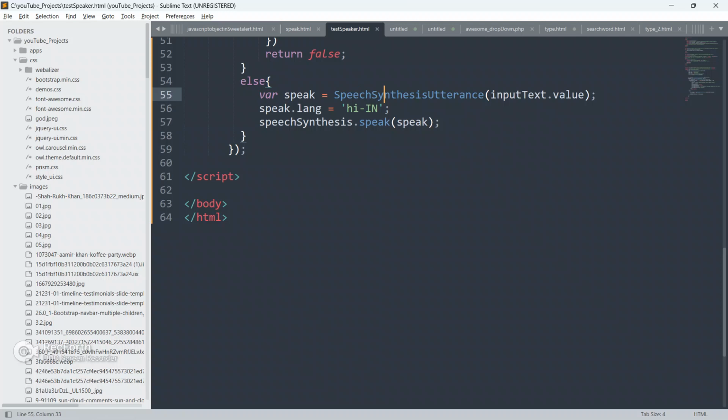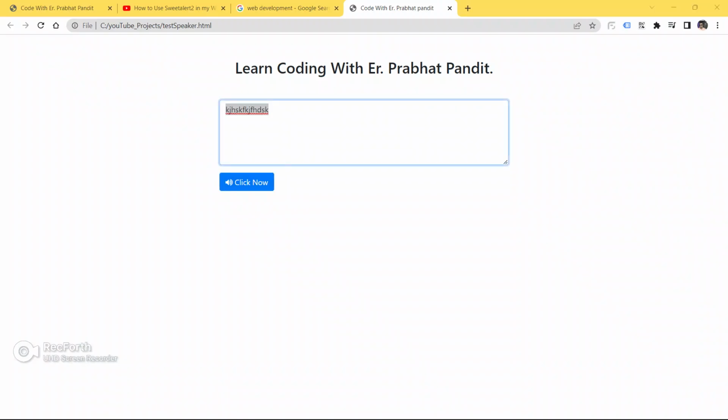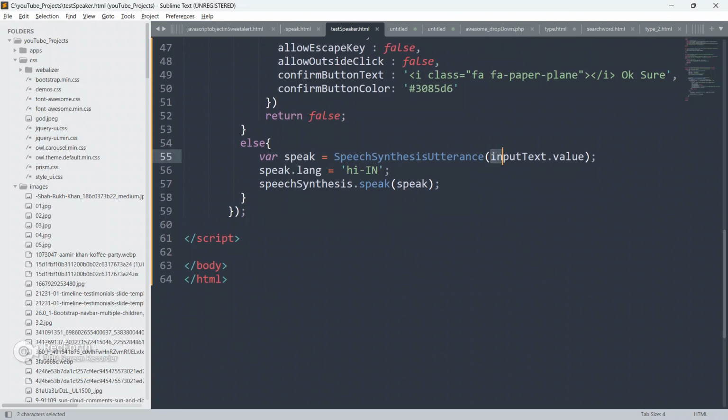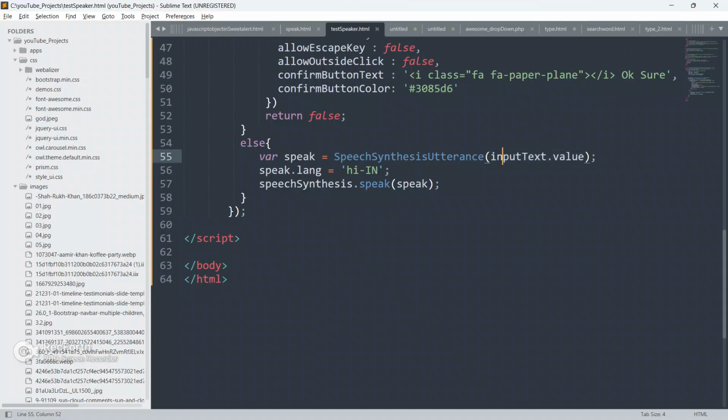So speech synthesis utterance, and what we are going to grab is this input value. It will take the parameter, guys. Whatever text you enter into the text area, it will take it here and it will speak in Indian English.